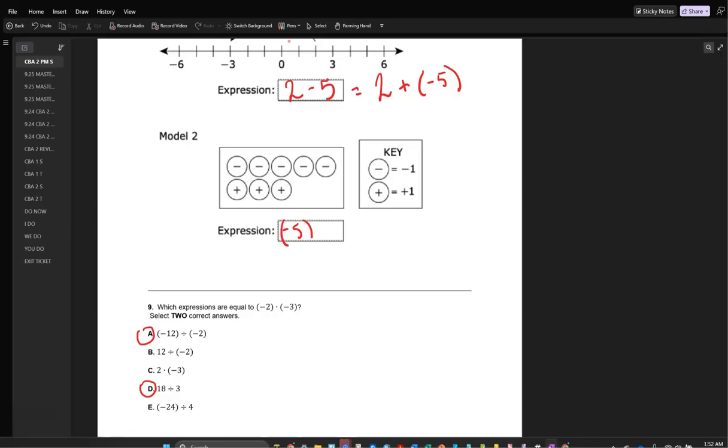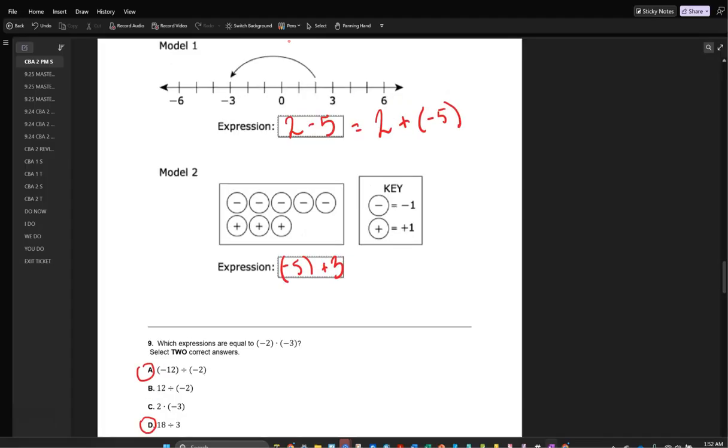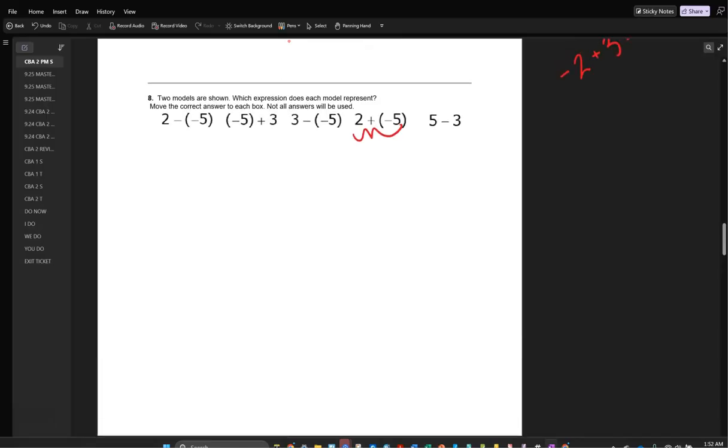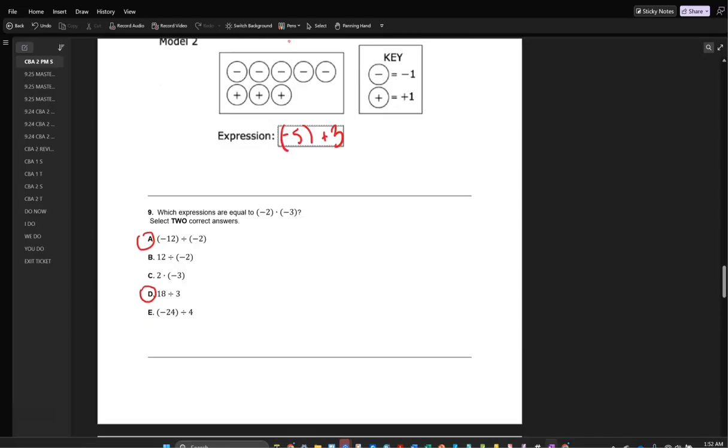I use parentheses. Why not? And I've got 3 positive counters. Okay. I don't think they need the result. Let's just see if we can match -5 plus 3. And here it is. So you'd have slid that on your